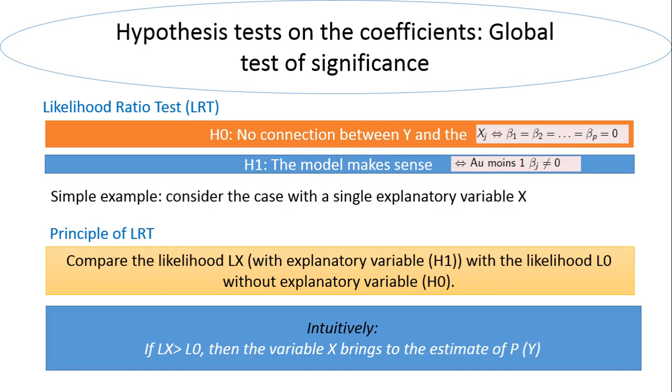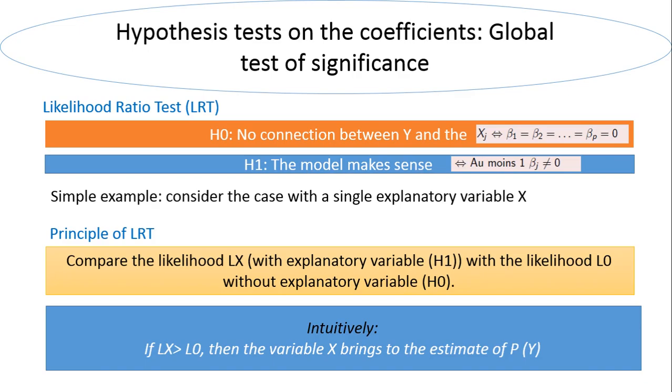We can come back to the single explanatory variable. So the principle of the likelihood ratio test is to compare the likelihood L1 with explanatory variables, under the H1 hypothesis, with the likelihood L0 without explanatory variable, so under the null hypothesis. Intuitively, we can think that if the likelihood under H1 is superior to the likelihood under the null hypothesis, then